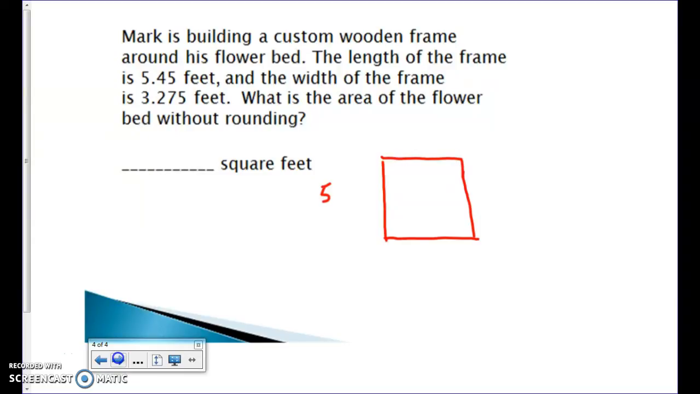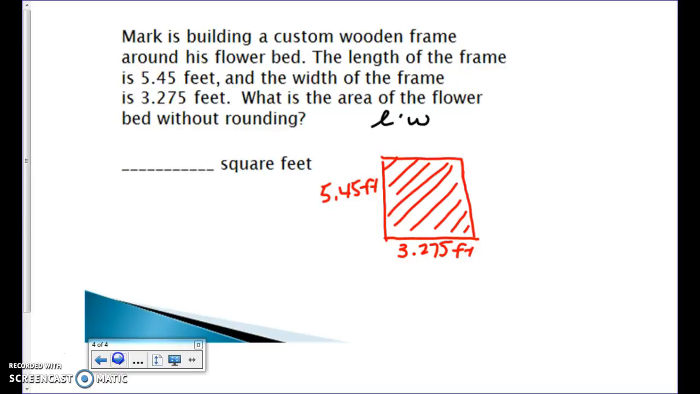So we'll say 5.45 and 3.275. Okay, and we need to know what the area is, which is the amount in the middle. So this is kind of a review problem from last year. If you remember how to find the area of a rectangle, you know that it should be the length times the width equals the area. So in this case, we do have a length and we do have a width. We just need to multiply them together. So let's take 5.45 times